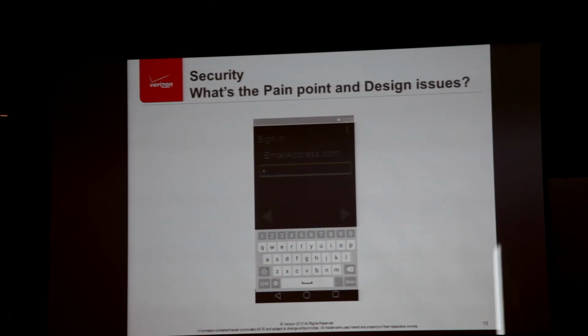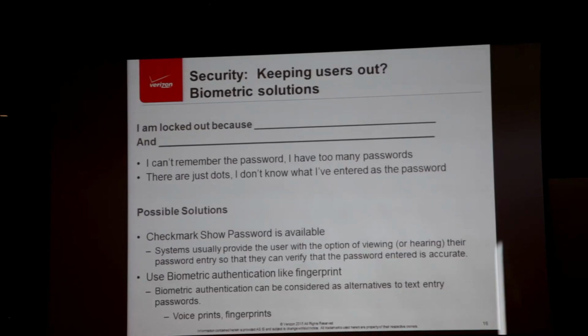Security. Not only is security very hard because you can't remember the passwords, it's very hard if you don't even know what you typed in. Why is that? Remember, it's a literal reader. You typed in the password, right? What's on the screen? A dot. So you type in your password, and all you're hearing is dot, dot, dot, dot. Real helpful. You're going to get that password correct the first time. Guaranteed. So you'll get locked out.